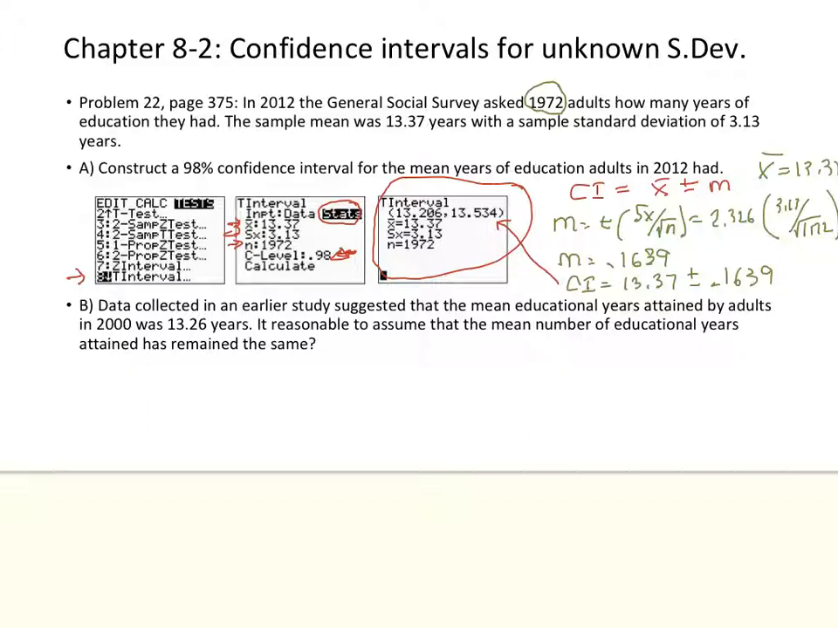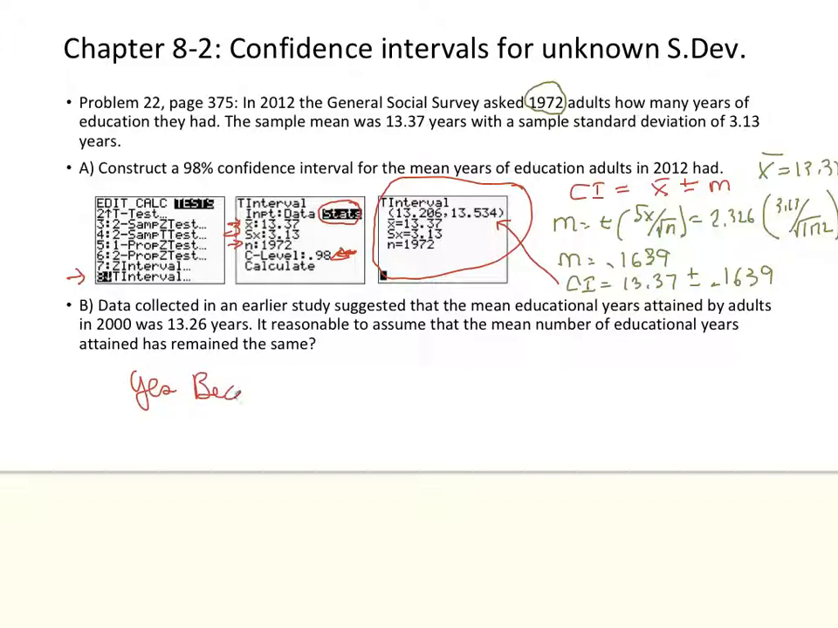So Part B says the data collected in an earlier study suggested that the mean educational years attained by adults in 2000 was 13.26 years. Is it reasonable to assume that the mean number of educational years attained has remained the same? And the answer is yes,